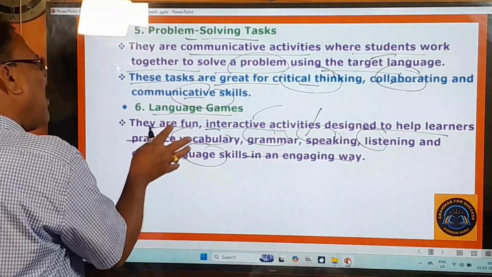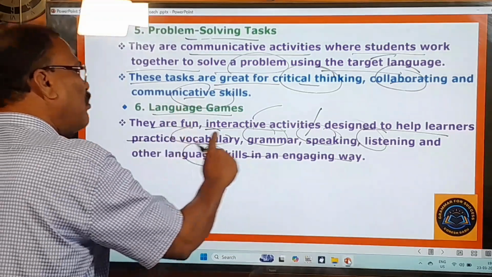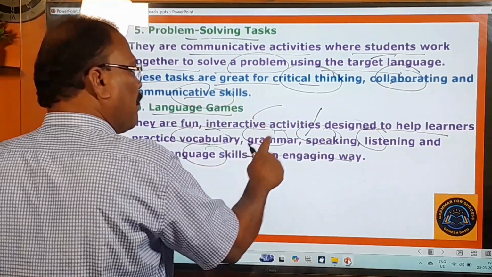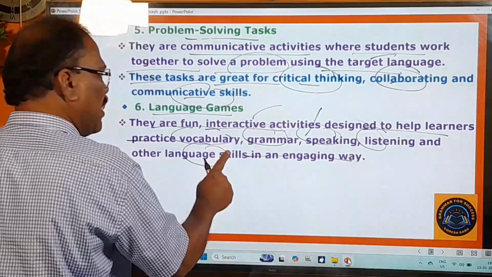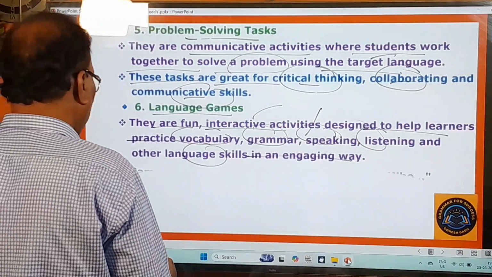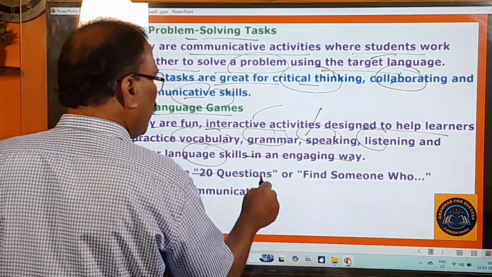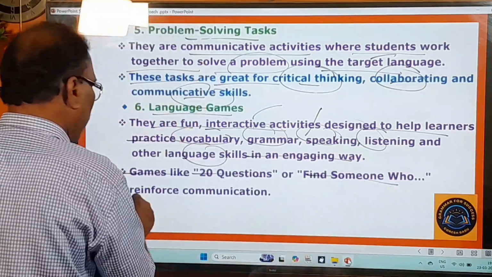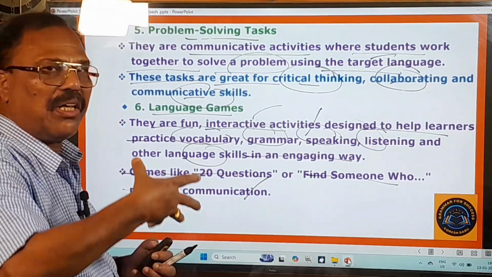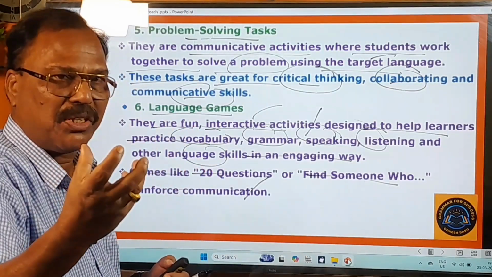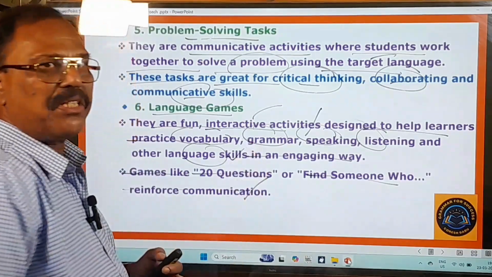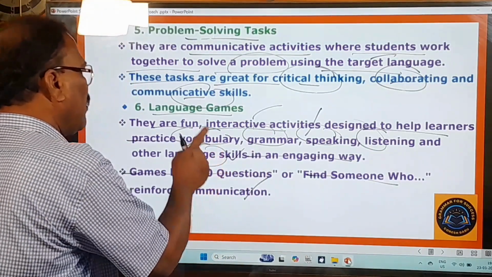So they are all great for promoting all these very interesting things. They promote vocabulary, grammar, speaking, listening and language skills in an engaging way, in a very interesting way. Right, and here you pay attention, games like 20 questions or find someone who reinforce communication. There are some games, I cannot give you the list of all these language games. There are so many language games. For example, the 20 questions game is there. In this 20 questions language game,